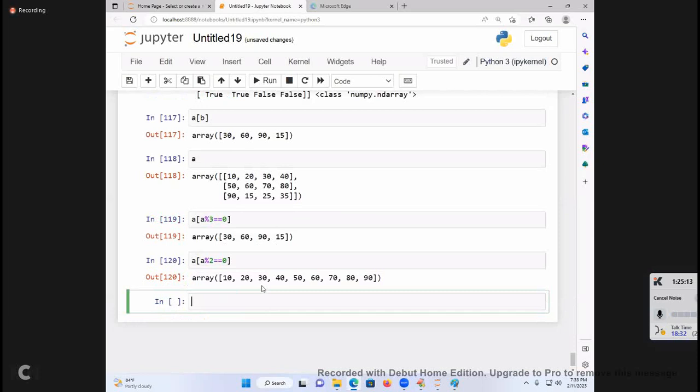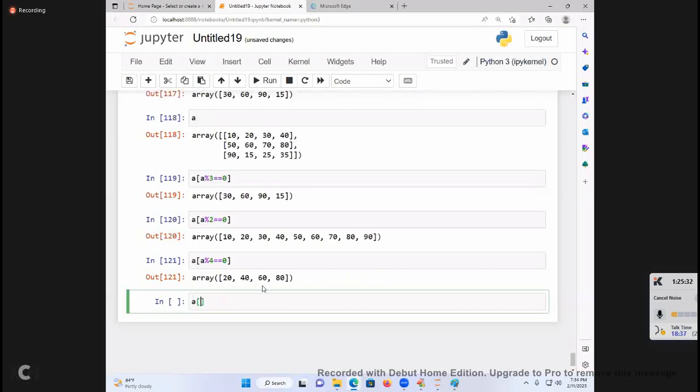Flattening the elements. Easy now? So like that I can go for it. A of A percentage 4 is equal to 0. I'll get it. A of A greater than 20 and A less than 35.